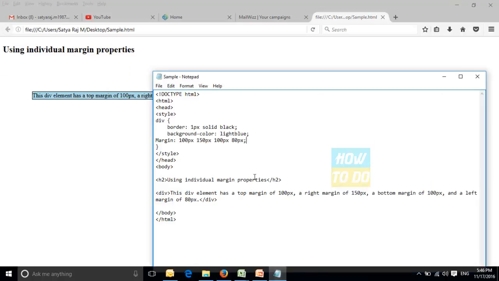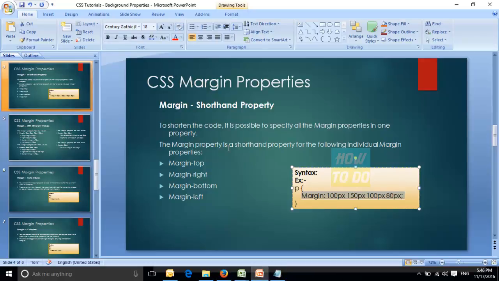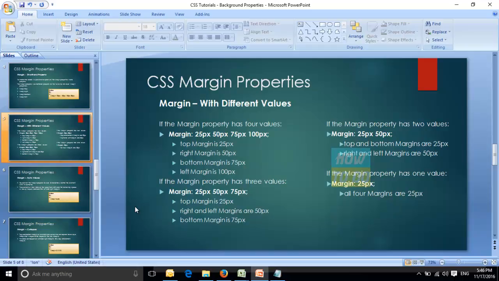So in spite of mentioning all the elements, top, right, bottom and left, you can simply write the margin in this particular shorthand way. This is one of the margin properties. Now let's look at another property, which is